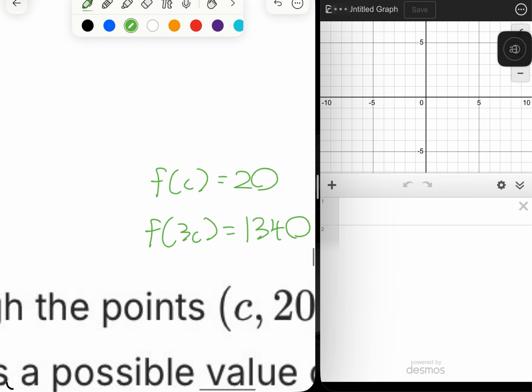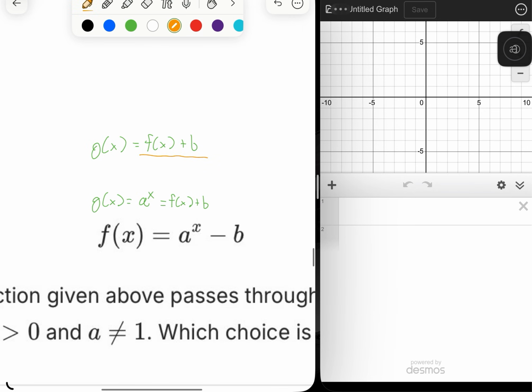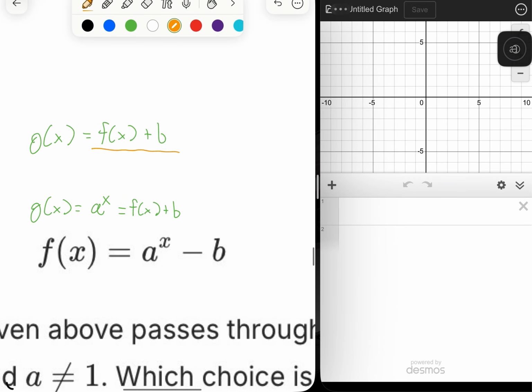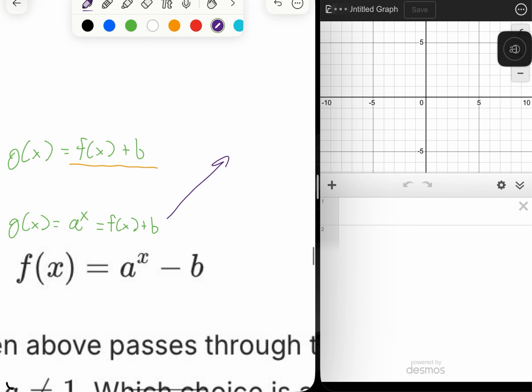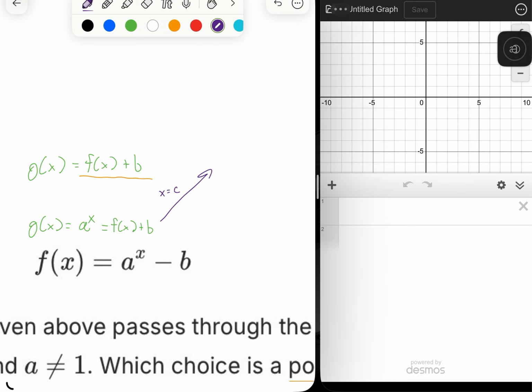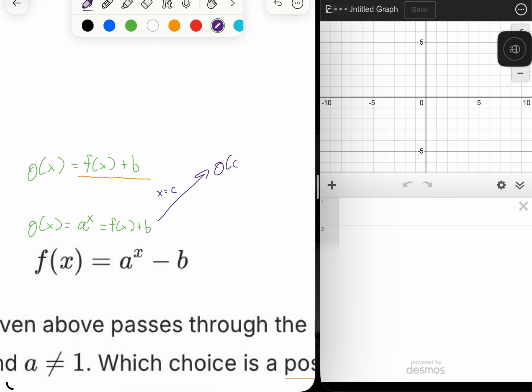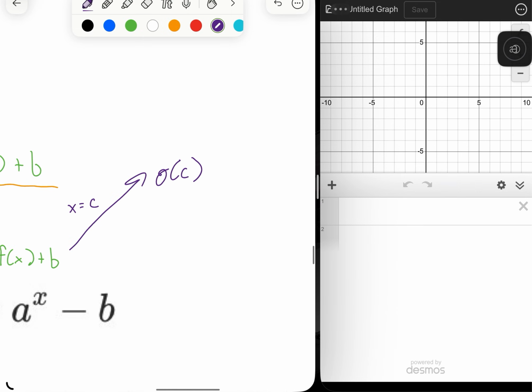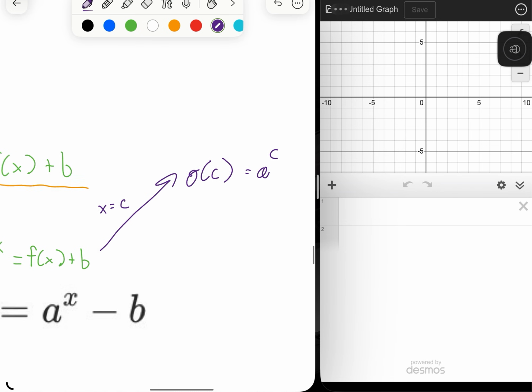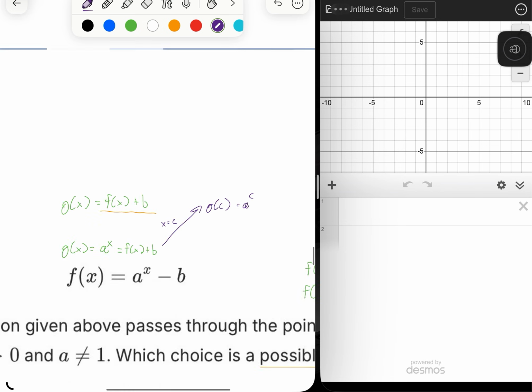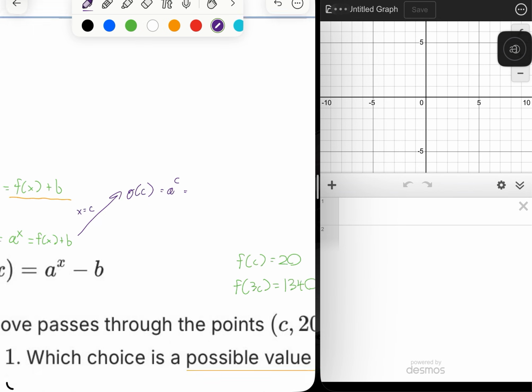So f of c equals 20. That means if you plug in, for example, x equals c, you get g of c. Again, I'm just plugging c into the function g that we defined earlier. So g of c equals a to the c, because of the a to the x, and that's equal to f of c